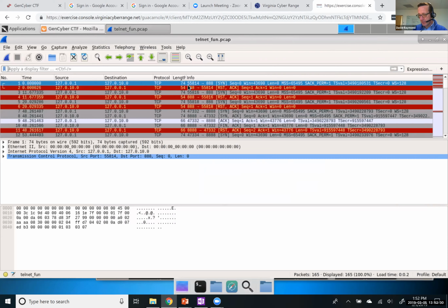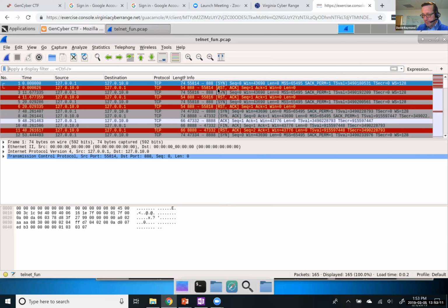So if I look at the packets here, I see that at the very beginning there's a SYN, reset. So I'm sending a SYN packet from host 127.0.0.1, and that packet is getting reset. And then the client is sending another SYN packet, and the server is rejecting it, right? It's giving a RST ACK. What you would expect in a three-way handshake is SYN, SYN-ACK, ACK. And here I see a SYN and then a reset from the server, and basically that means that the server is rejecting the connection request.